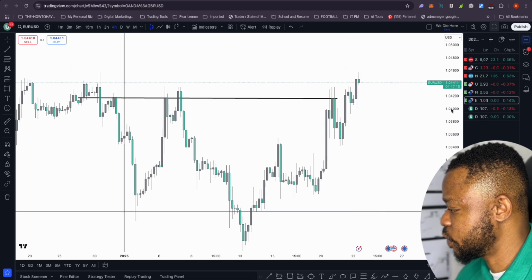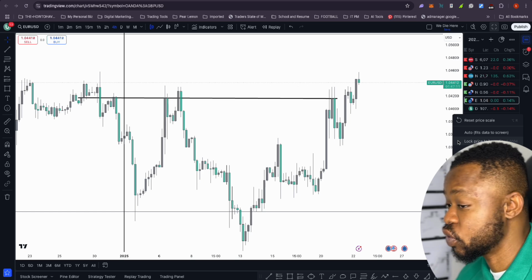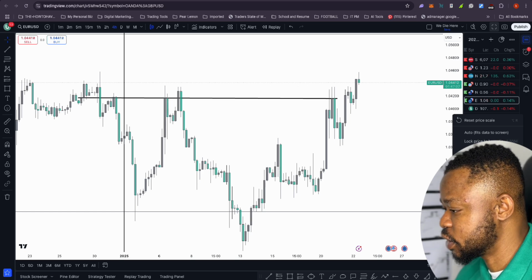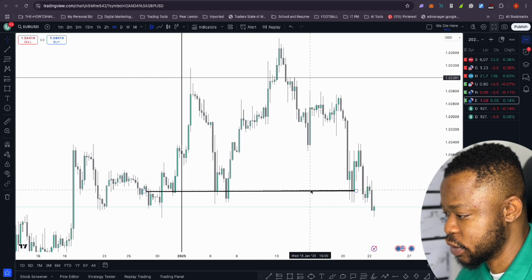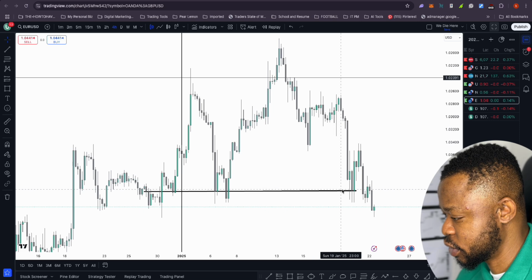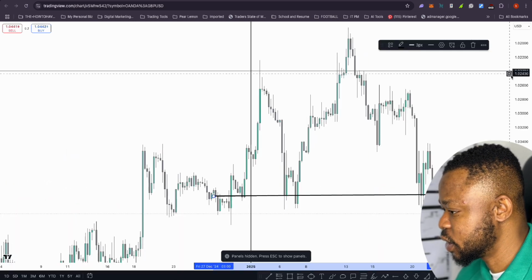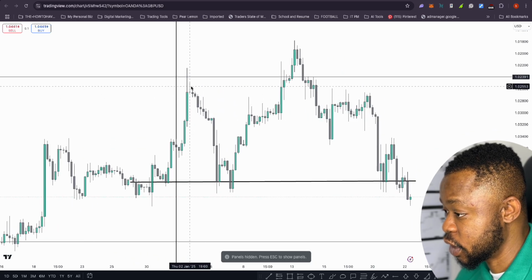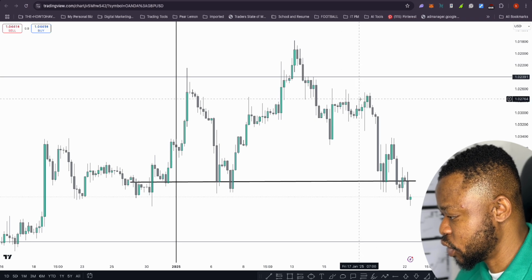There's a trick here. If you left click, depending on what you use, or you double click if you use a MacBook, and you invert the scale. This is EURUSD. Look at how it's playing out. Look at the patterns. I want you to pay attention and examine the patterns. We have the head, the shoulder, the head, another shoulder here, and look at where price is at